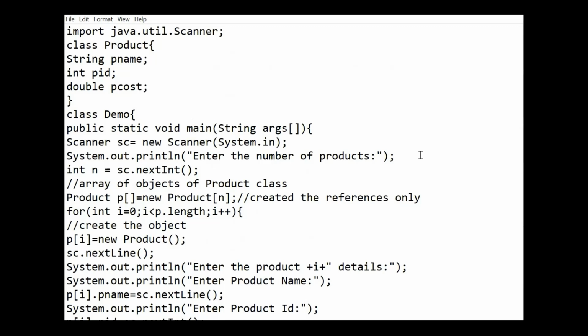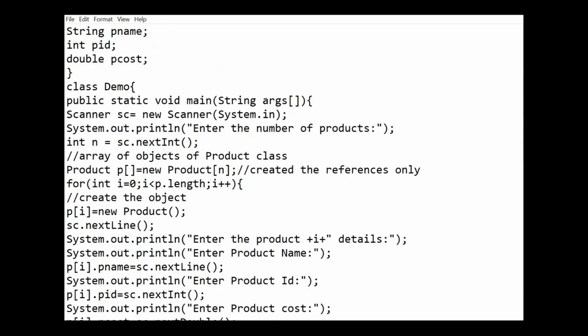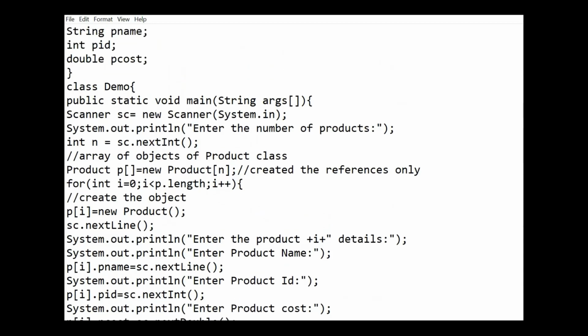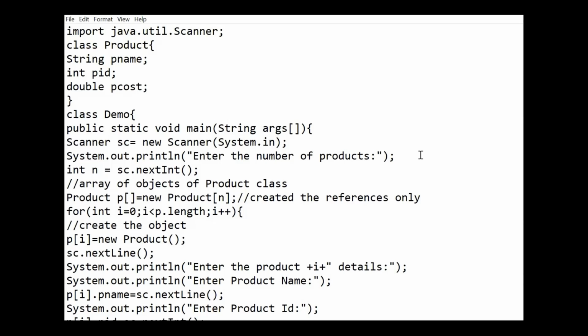So I have a product class in which I have given the ID and cost, and then in the demo class I created an array of product objects, created the actual objects, and then read the data for each and every object. Okay, so the next thing that we are going to see here is